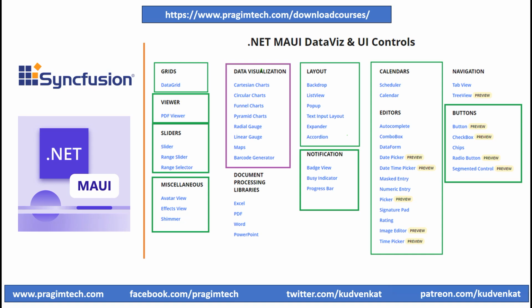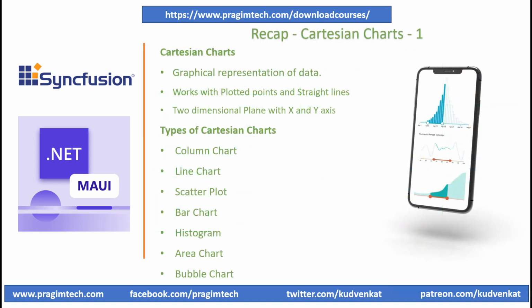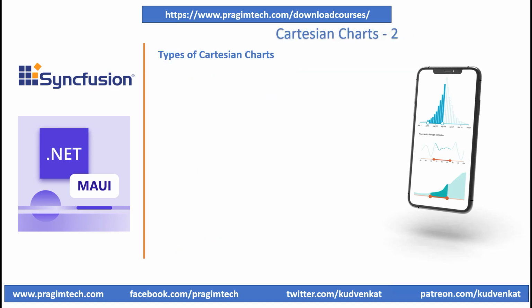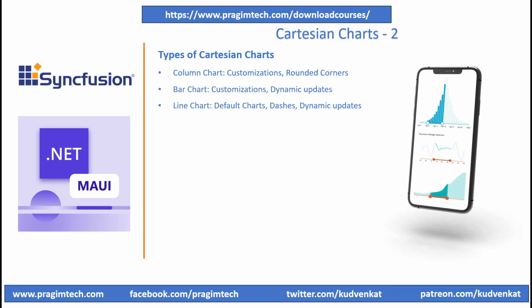In the previous session, we learned about the data visualization controls available in Syncfusion MAUI controls. We discussed Cartesian chart control and explored creating Cartesian column charts using world population data. We have also glanced at Cartesian charts such as line, scatter, bar, area, and bubble charts and explored coding column charts for Cartesian data. In this session, we will continue exploring Cartesian charts and understand advanced features and customizations of